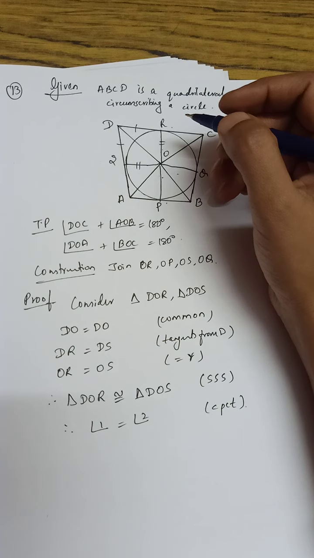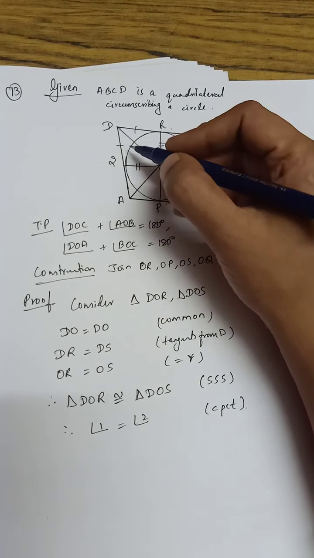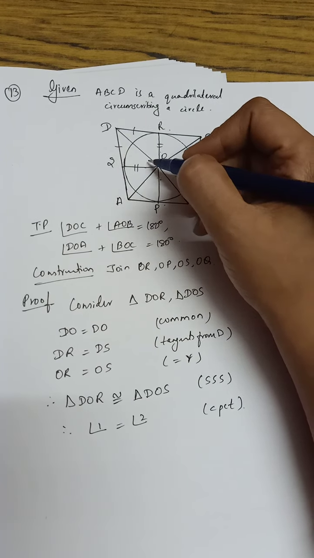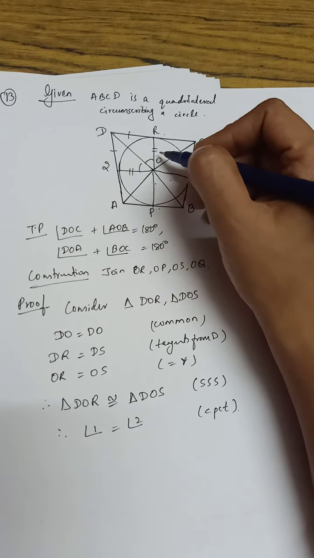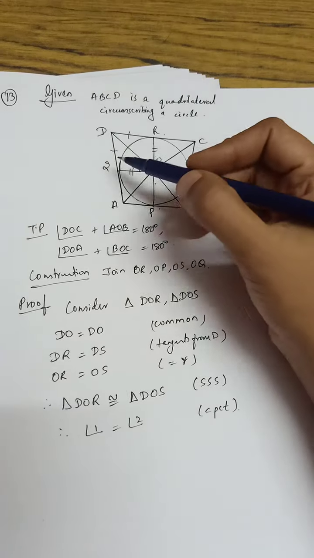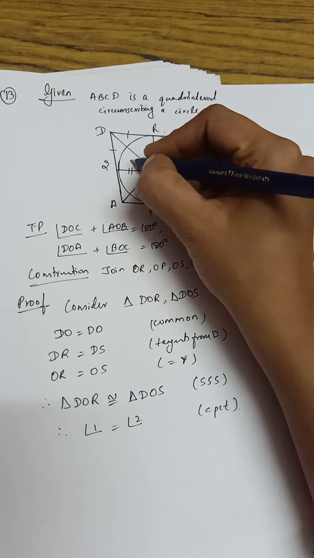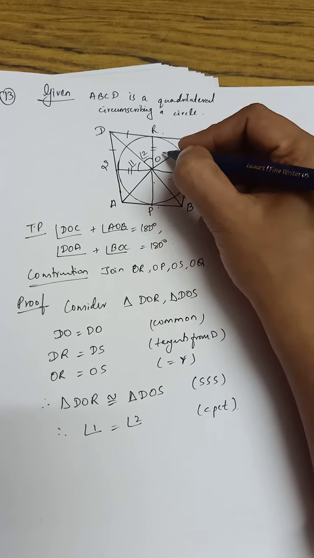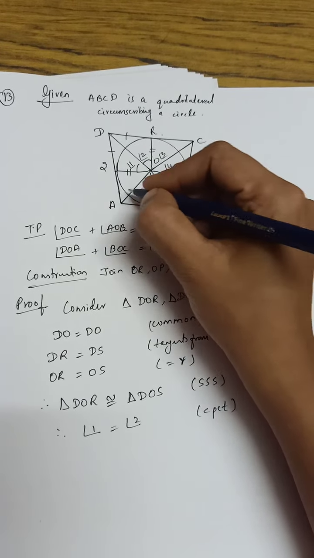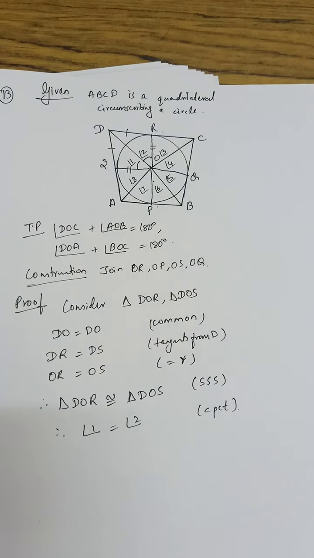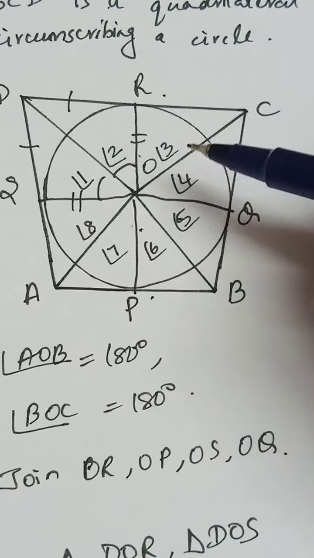If the two triangles are congruent, by CPCT you will get the corresponding angles are also equal. We can take a corresponding pair here. Opposite to this side you have this angle, and opposite to this side we have this angle. Okay, we have these two angles are equal. Now, if we write angle SOD, DOR, the problem will look lengthy and difficult. So, we will just mark the angles as angle 1, angle 2, 3, 4, 5, 6, 7 and 8. We have marked the angles using numbers. If you want, you can go for letters A, B, C, D also.